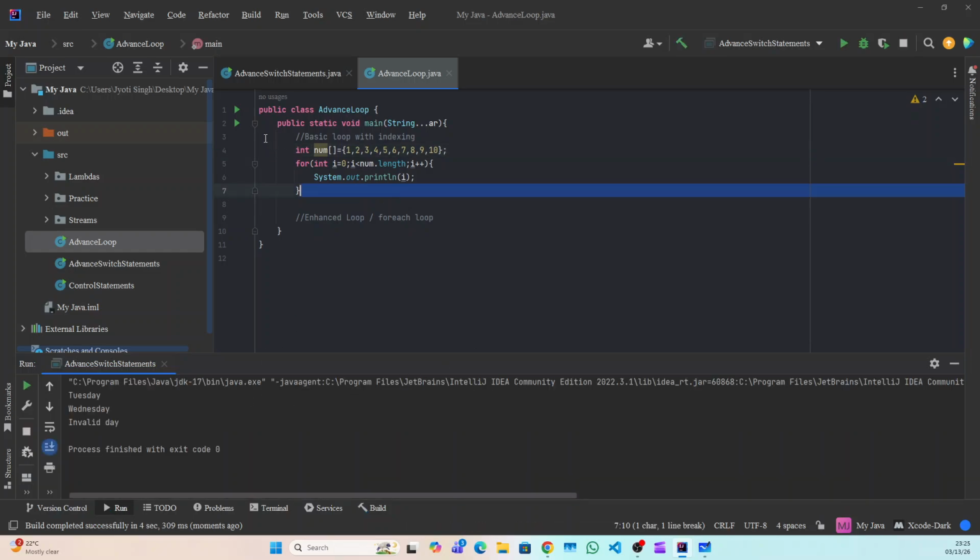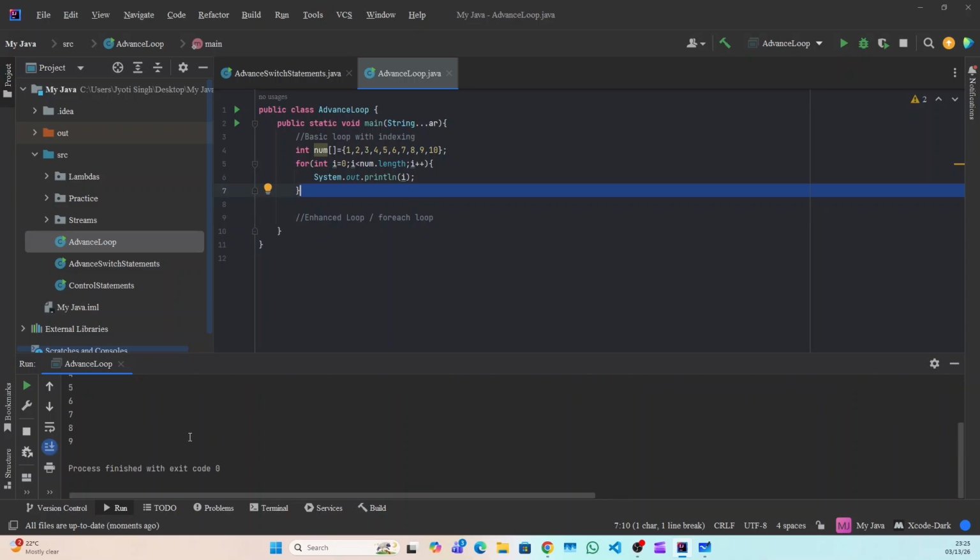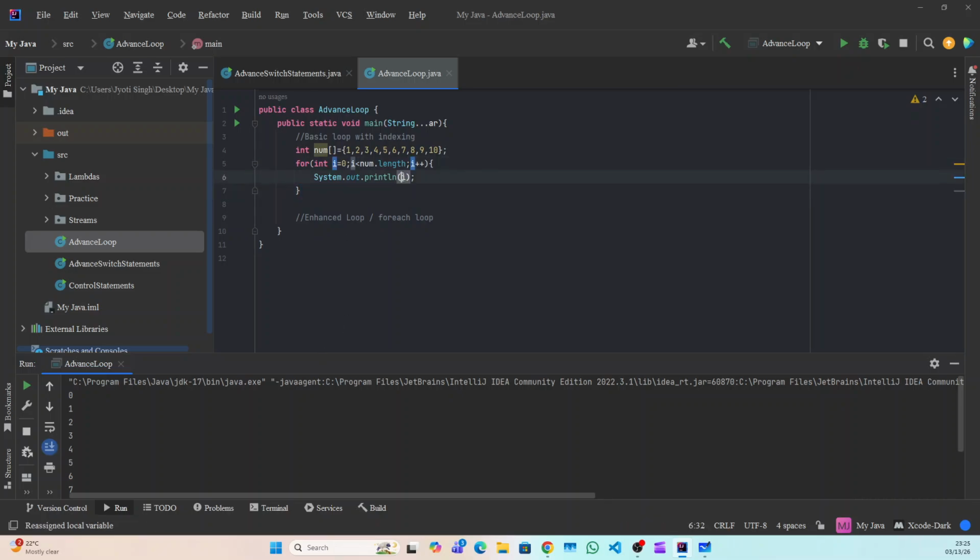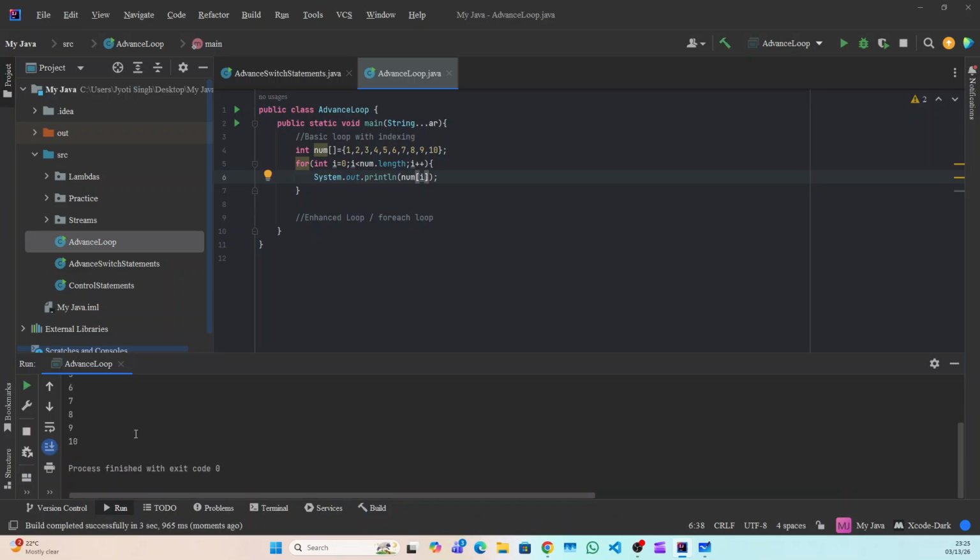Okay, sorry, it's taking the wrong class. Let me run it from here. Actually it's printing only this. We need to write num[i], because we are not taking the array, we're just printing the same thing. Let me execute again, and you can see here it's 1 to 10. So this is the basic loop. Now for the advanced loop, you just write the data type, any variable, then your array name, and